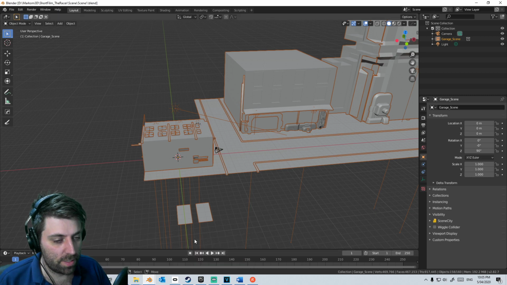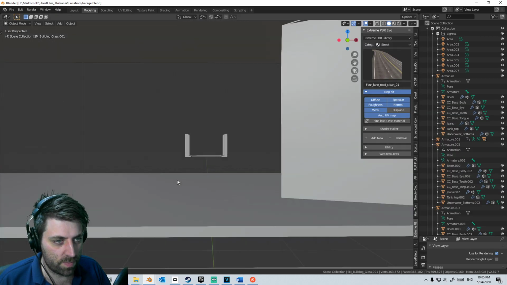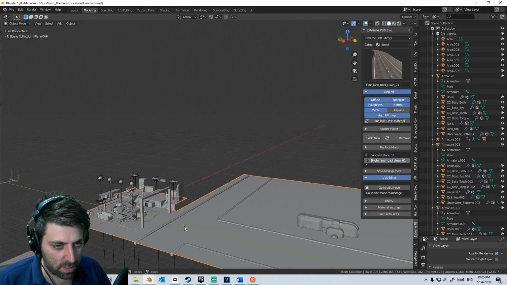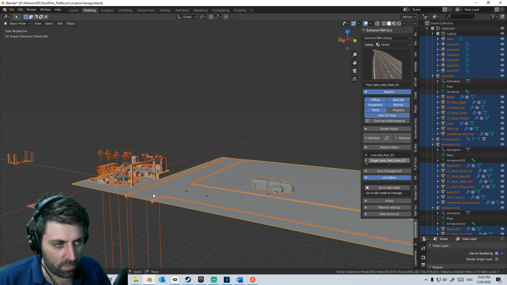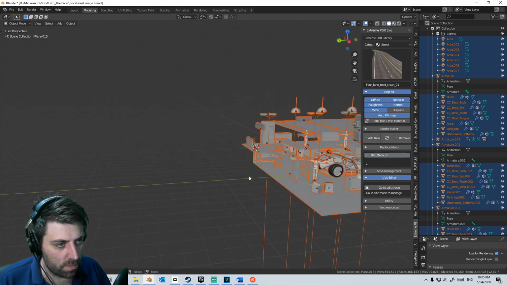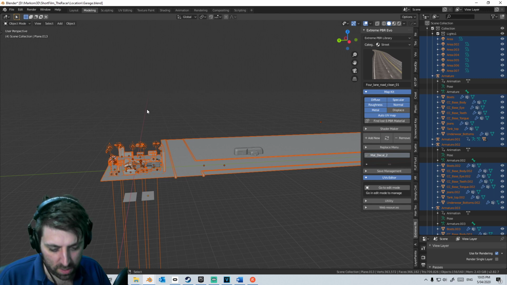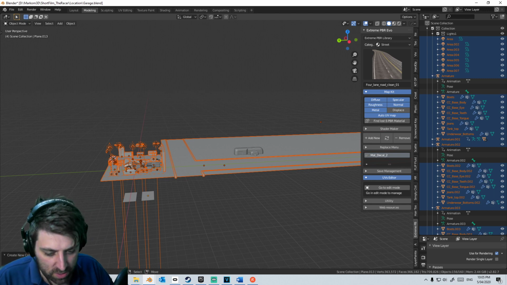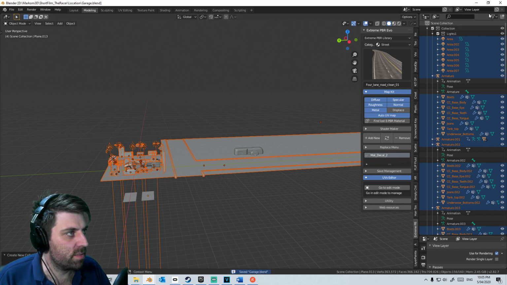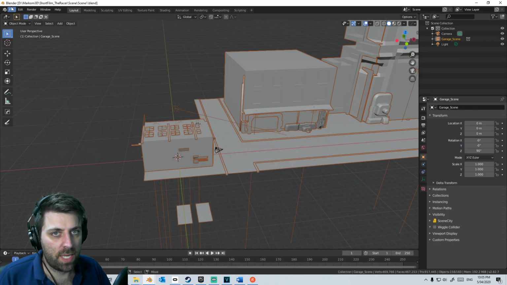Alright. Let's create a secondary version. I'm going to select this. That's our floor. So everything here, except for that, and deselect all this. And let's now go Control G, Garage Scene Min. So it's kind of like minimal. Control S. Save that. Now we go File, link,